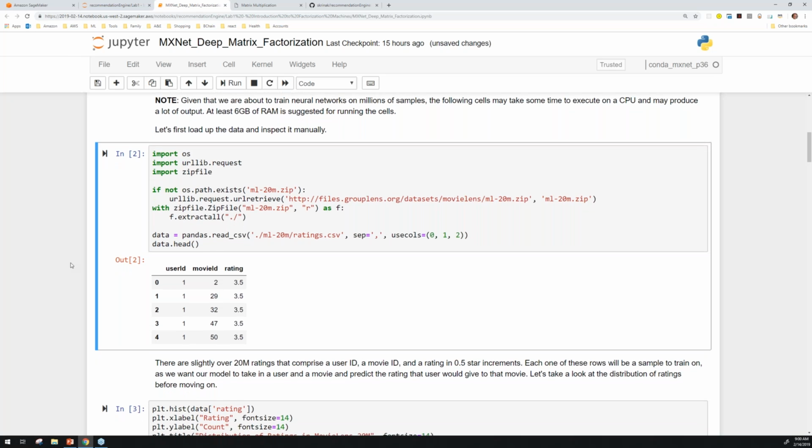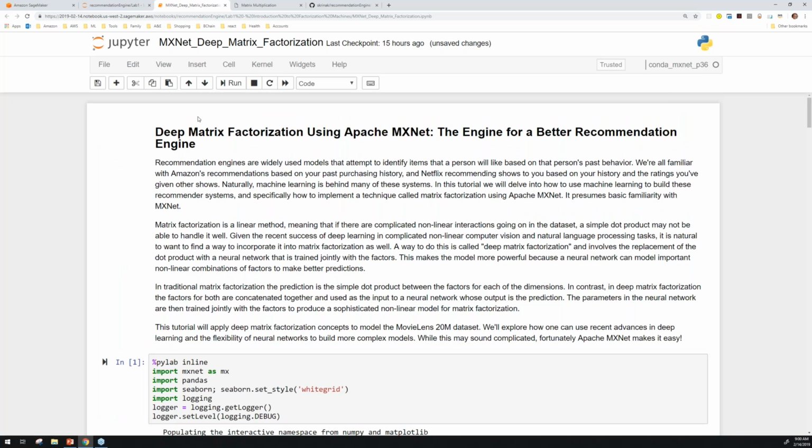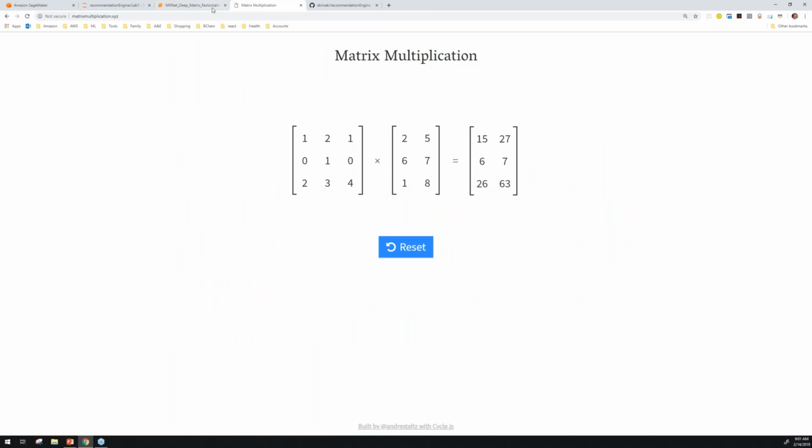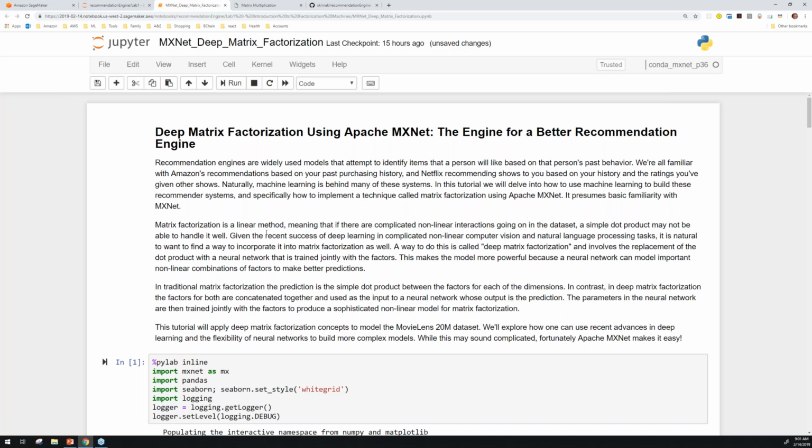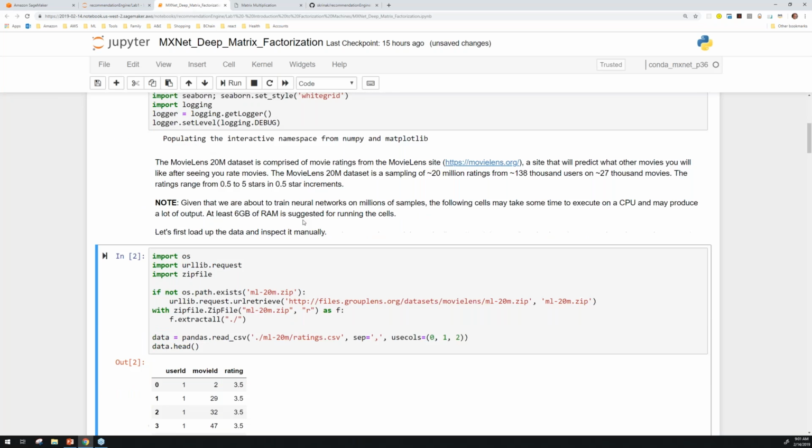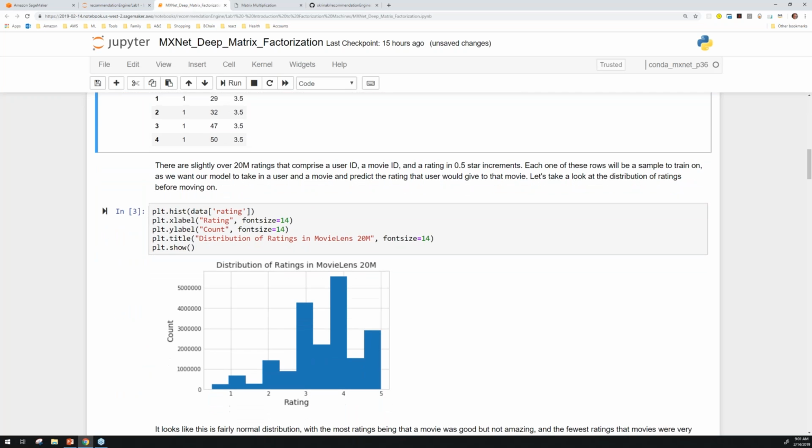So even though we have really sophisticated tools, and tools that make you look smart when you talk about them, sometimes the simpler is the better. But unlike a straight up matrix multiplication, like I demonstrated on this particular page, here we are using deep matrix factorization, building a very simple, somewhat shallow neural network